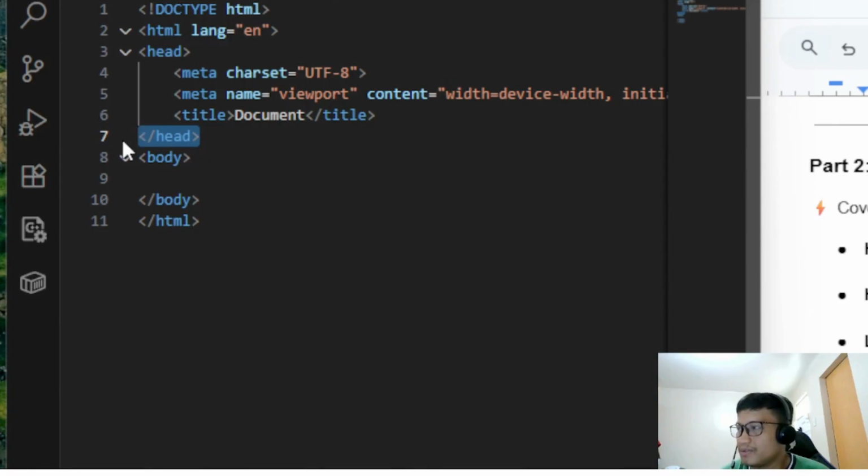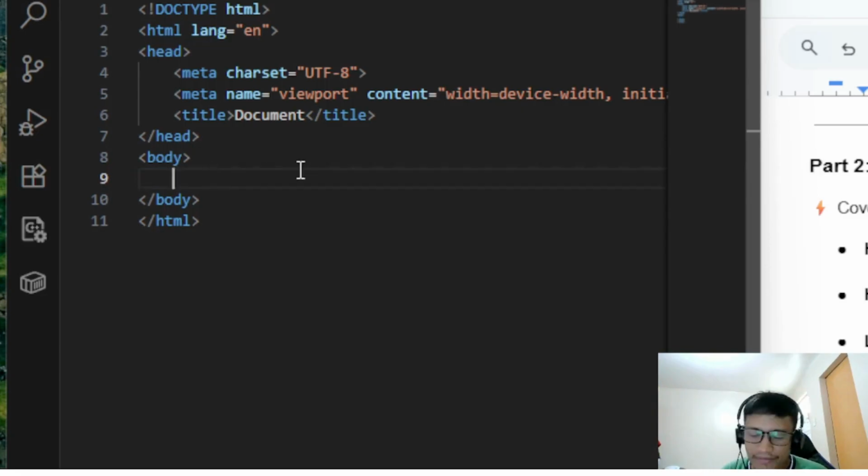We call these tags. So this is the beginning tag and then the end tag. So all of your HTML tags will be put inside the body here.